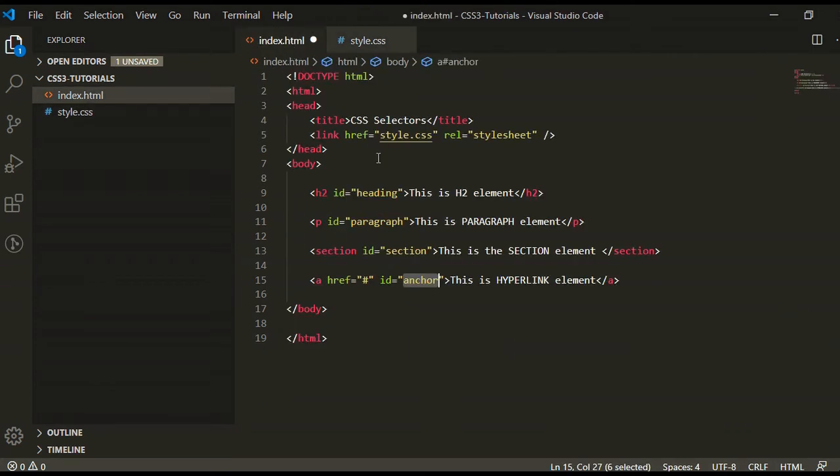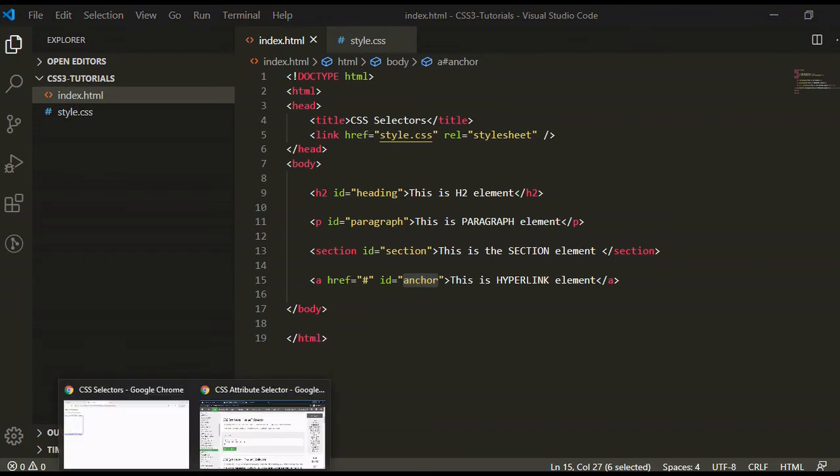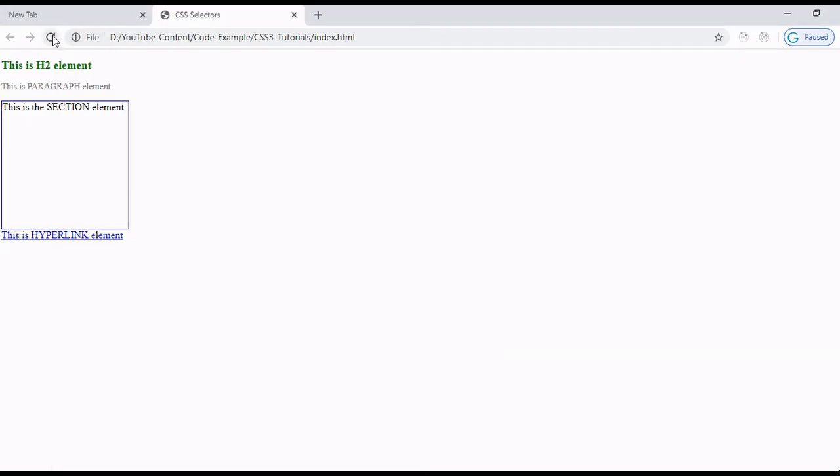Let's save this file and go to our browser to check the changes. Here you can see the styling has now been applied with the ID keyword. If you want to check that your styling has been applied, and it's coming from the ID or element name,